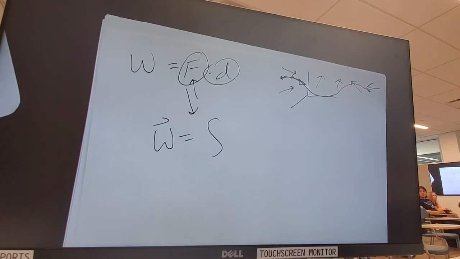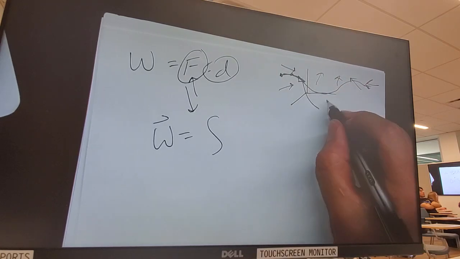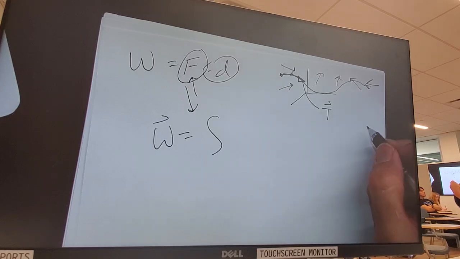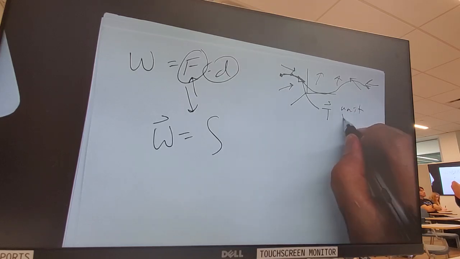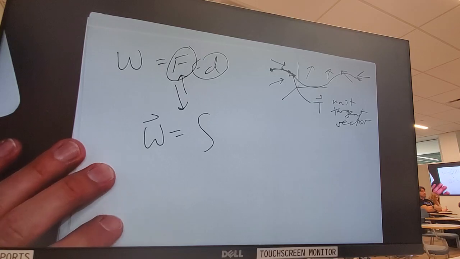Okay. So not surprisingly, what's going to show up here is an old friend. Do you guys remember who this is? In fact, even better, it's the unit tangent vector. The tangent vector was just r prime, and of course T is r prime divided by the length of r prime. I think it's a really good choice of variable. That's the capital T, the unit tangent vector.